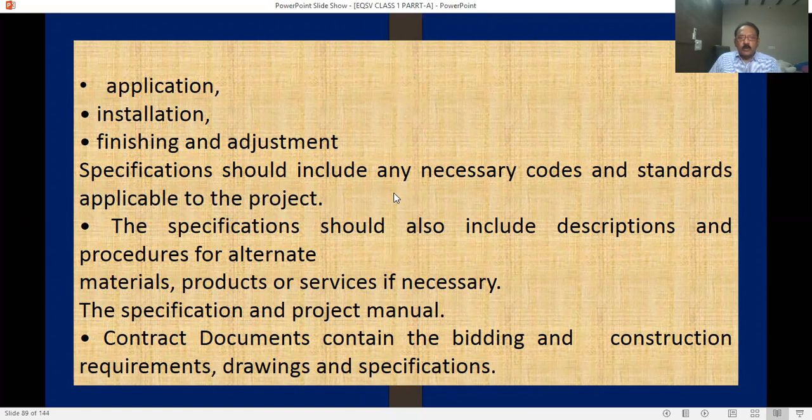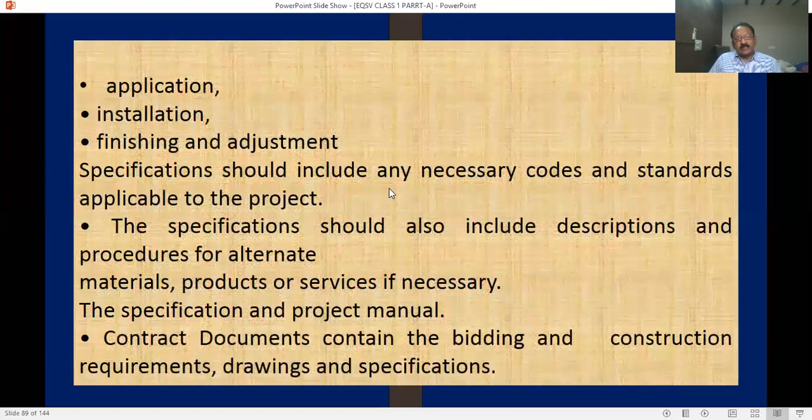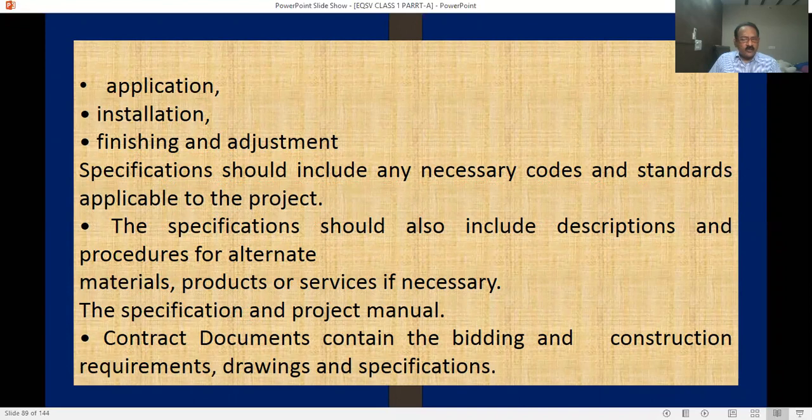The specification should include the necessary codes and standards applicable to the project. We have different code books, Indian standard and international standard code books, for various items of work for different types of structures.